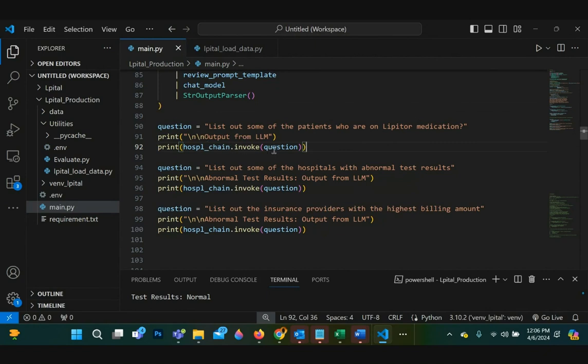We're invoking it on the whole chain. And then there's another question, list out some of the hospitals with abnormal test results. And then the third question is list all the payers with the highest billing amounts. I need to change this text here.